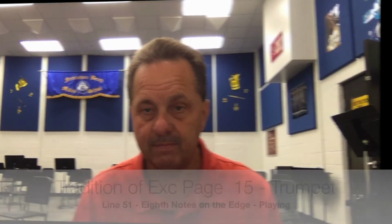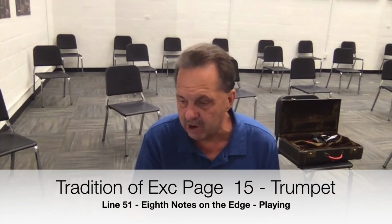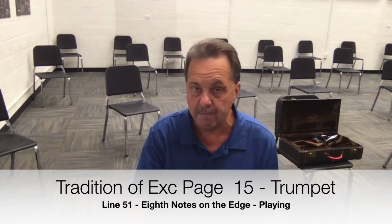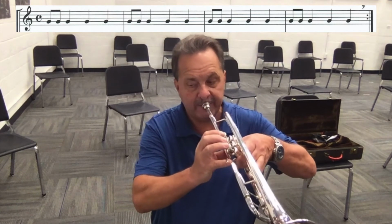Keep going back over that until you're comfortable getting those eighth notes even, and that you can say them with your foot patting down, up, down, down, down. Okay, now we're ready to play through number 51, eighth notes on the edge. Looking at that our eighth notes are on beat 1 on this. Here we go. 1, 2, and...